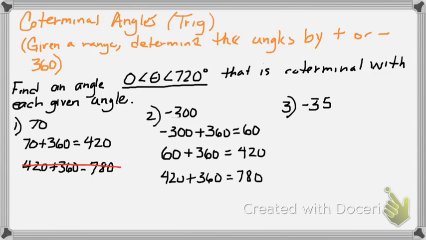And 780 is outside of my range, so I can't use that one. So my answers would be 60 and 420. So my angles of 60 degrees and 420 degrees are coterminal with negative 300 degrees, meaning they're all in the same position. All right, my last one